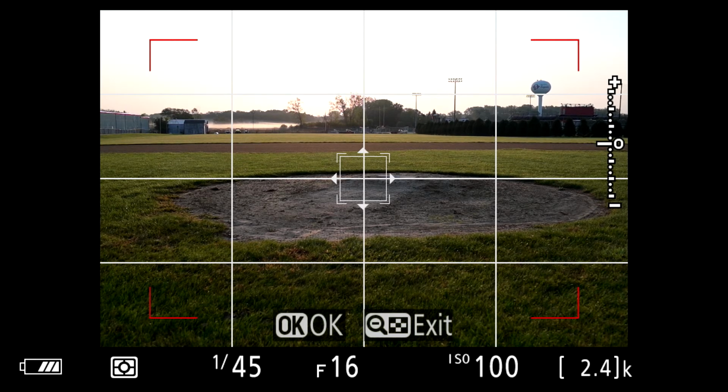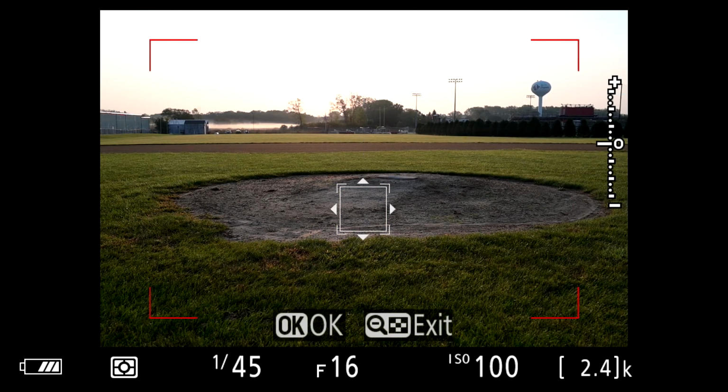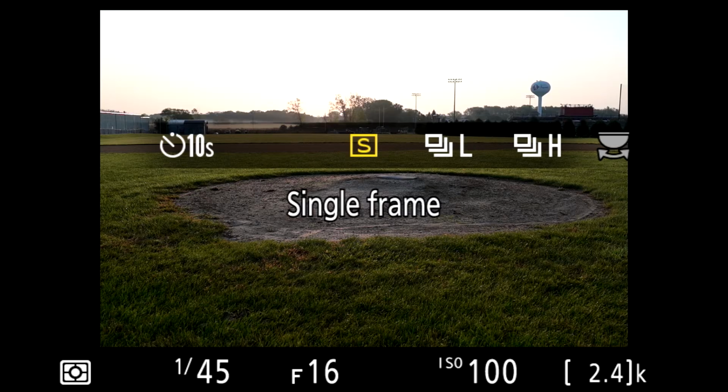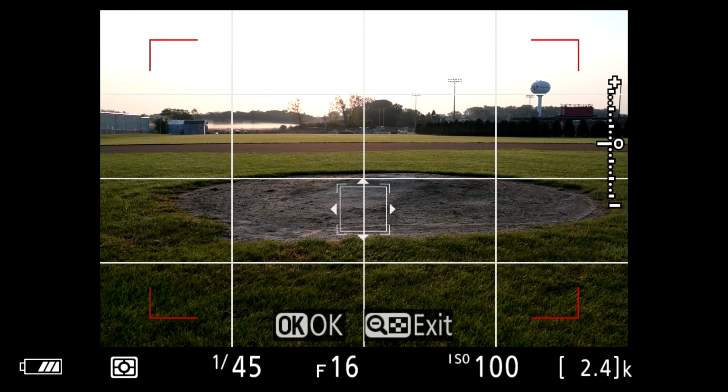But because I'm shooting into the sun, I don't know if that's very accurate or not. So my settings are 1/45 of a second, f/16 at ISO 100. I'm on a tripod, so I can basically mess with my shutter speed as much as I want because nothing's moving, including the camera. So I'm going to focus kind of about there, and then I'm going to fire off 1 shot. Let's make sure I'm shooting in single release mode. Fire off 1 shot,